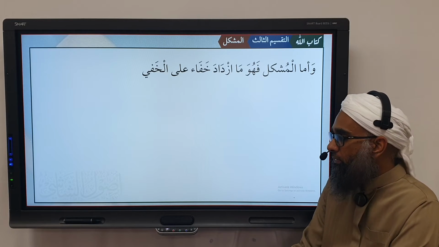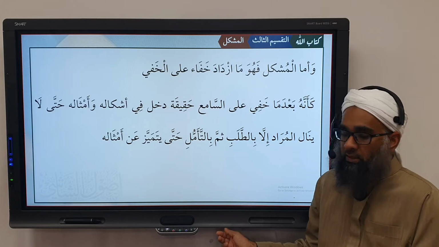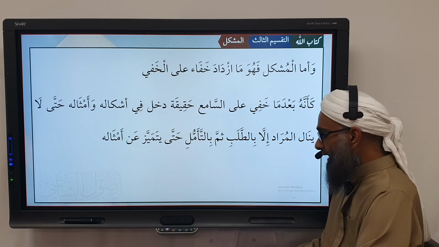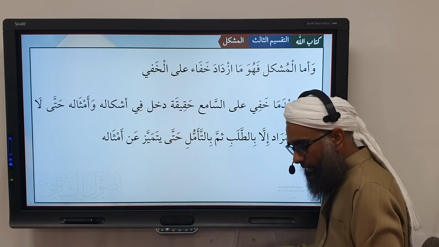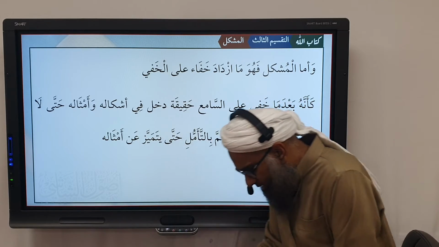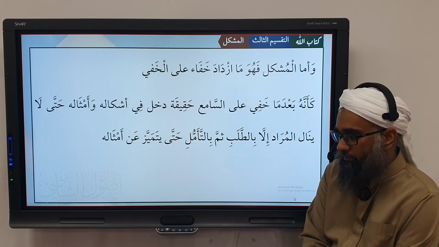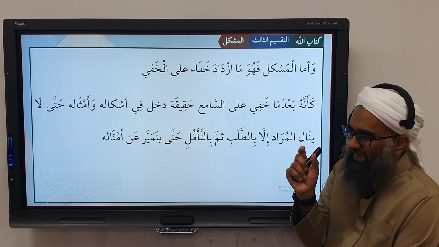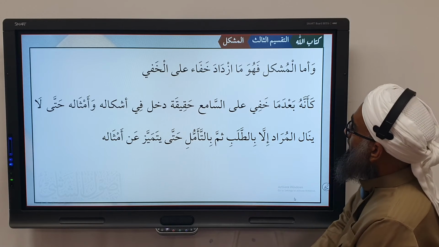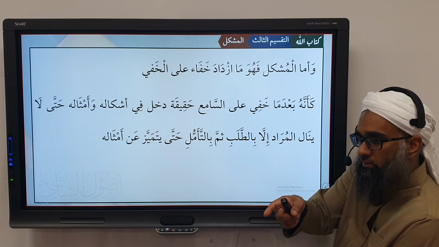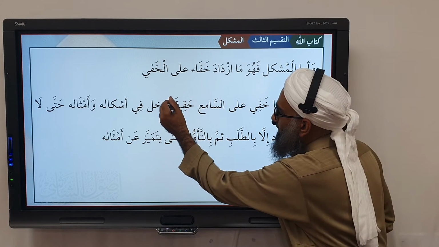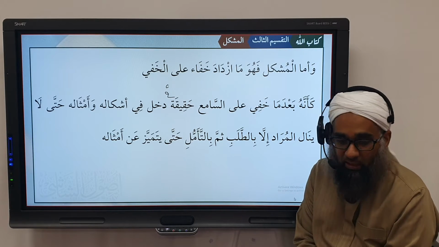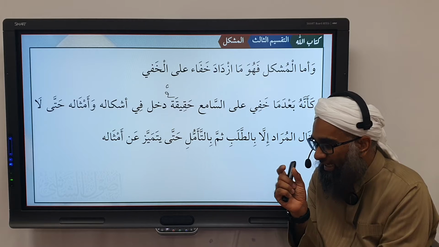Achha. So he says here, كأنه. Now he's explaining why it's called mushkil, which is tasmiyah. كأنه بعد ما خفي على السامع. كأنه, it is as though بعد ما خفي على السامع, that after it became خفية, hidden, concealed, على السامع, like you're not sure what it is. What's in your books? This is حقيقته. So كأنه بعد ما خفي على السامع حقيقته, that after the reality or the real meaning